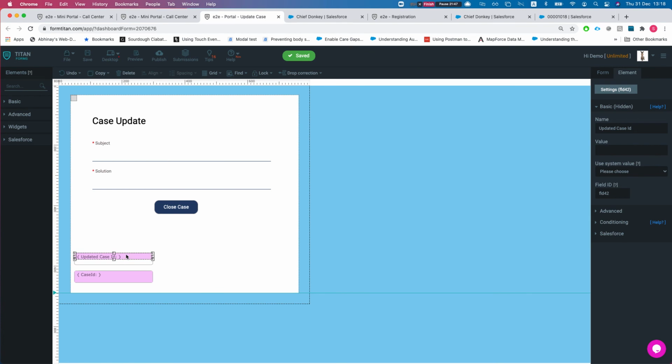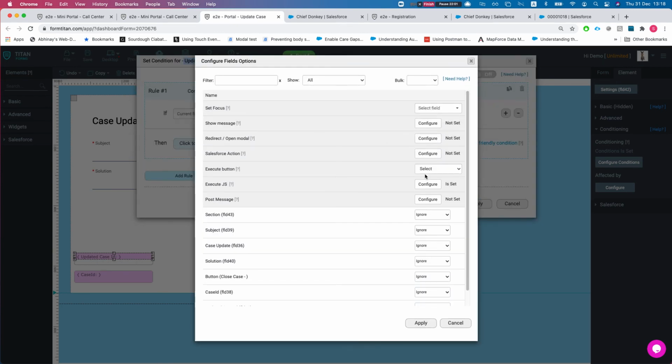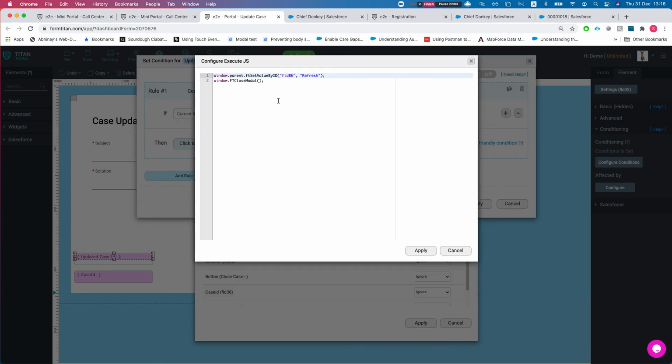And what triggers the modal close is if I'll head over to the update case ID conditions, we have a condition saying if updated case ID hidden, which is the current field, is not empty, then please execute a JavaScript. And this is pretty interesting. The first line here, what we're saying is window.parent, which means my mini portal in our instance, ft set value by ID, and you can see all the